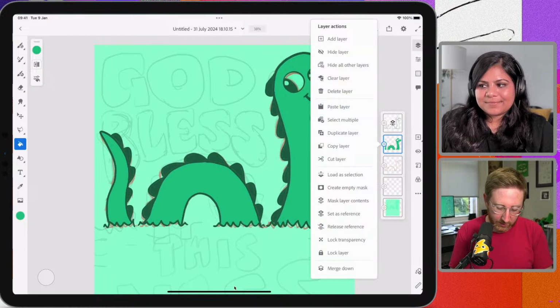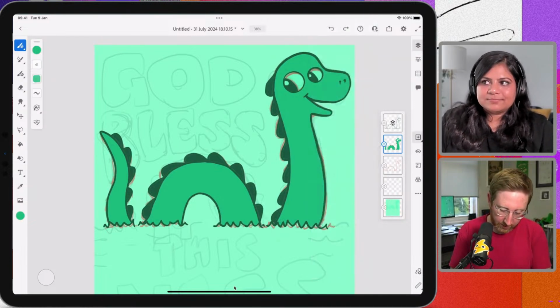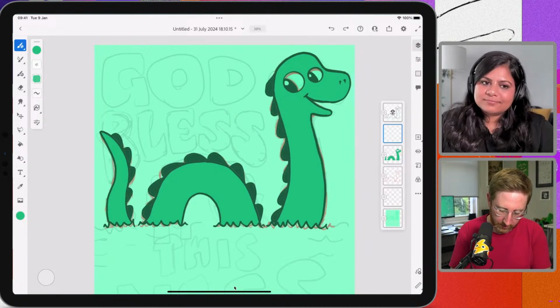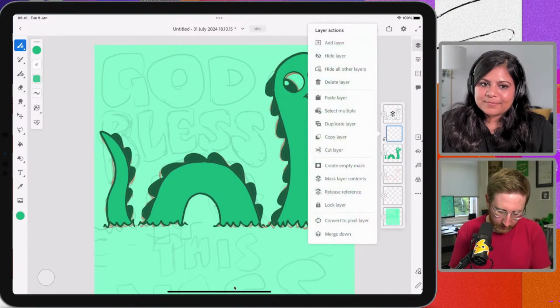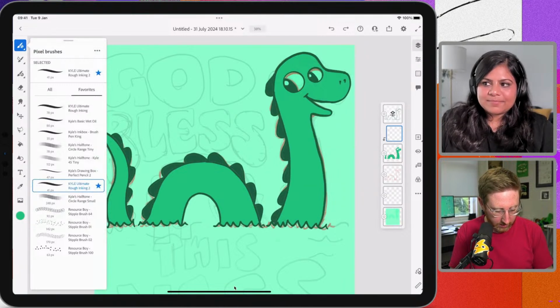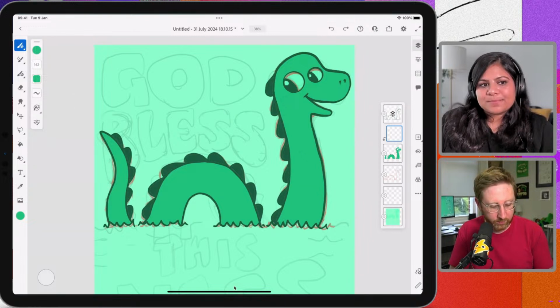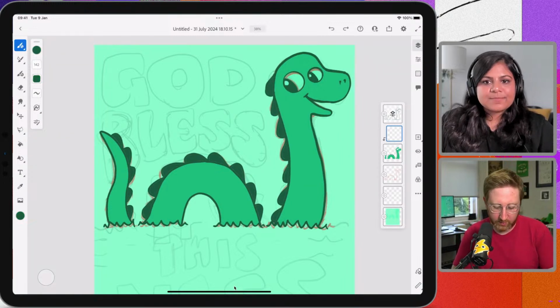Okay, so I am going to just do a little bit of shading on this guy just to add a bit of life to him and make it pop a little bit more. So I just added a layer there and I'm doing a clipping mask, and I'm just going to pick a stipple brush here, which is what you saw on some of the other designs. The kind of shading that we had going on there was a stipple brush. So I'm going to use that same thing here.